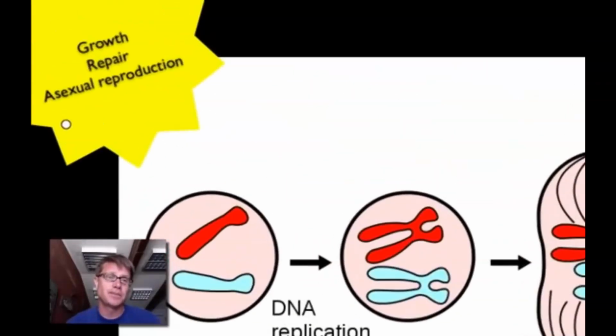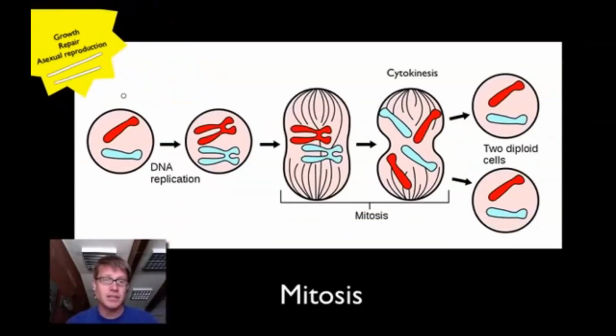Mitosis is how we replace cells in the body. Cells that are broken down, cells that we need to replace, we do that through mitosis. Or when we want to grow, how do we go from a very small organism to a very large organism? It's just making more cells. To make it simple, we're going to start with a simple cell. This is a 2N, it's diploid, but 2N equals 2. This would be that first parent cell. It'll then duplicate all of the DNA, so now we have this characteristic shape. It has 2 sides to it, and this side and that side are copies. That's what happened during the S phase.